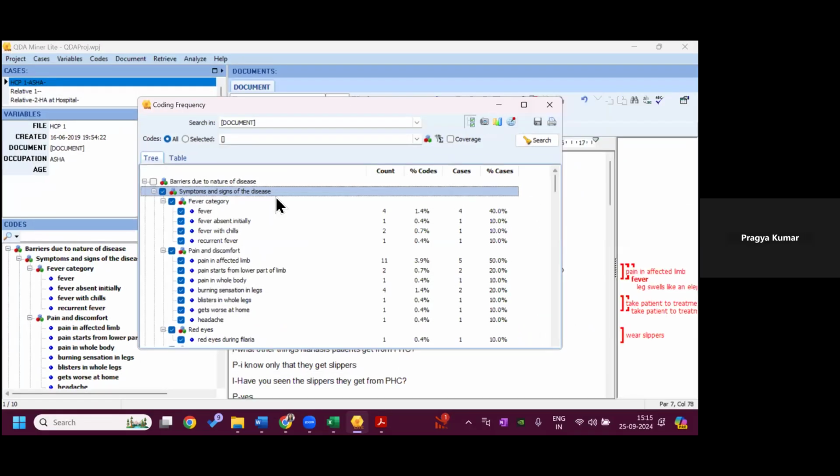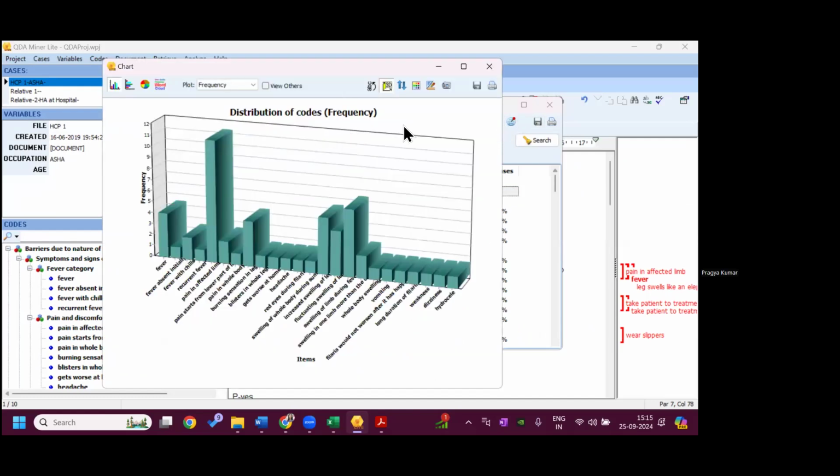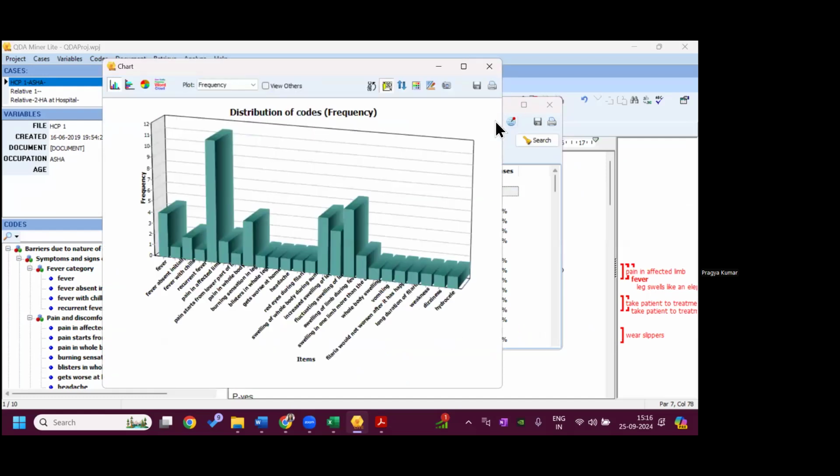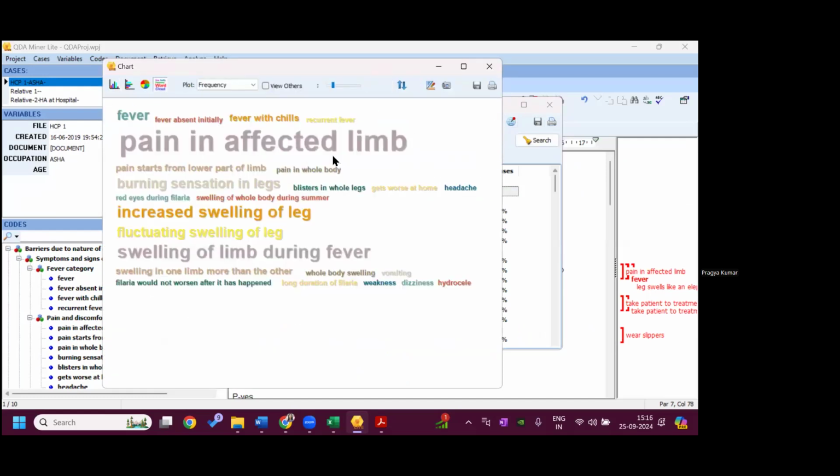So this was the one. And in this case, if you want to have a chart, ultimately we don't show these distributions of codes and words. This is the word cloud. Many times you will see that people make a word cloud. So you can see the chart option here, where you can just show it.